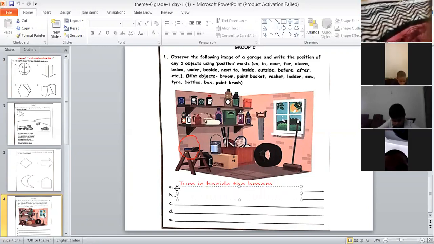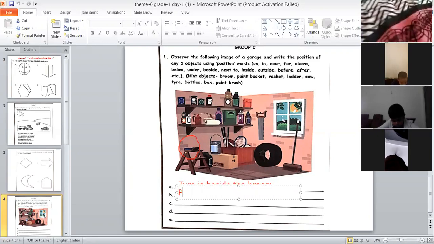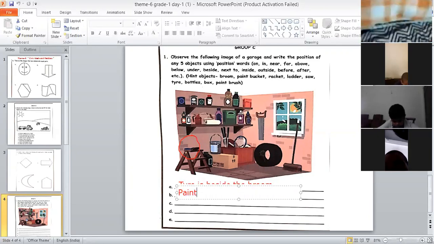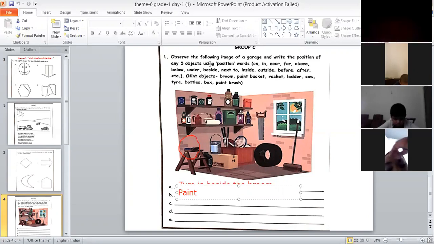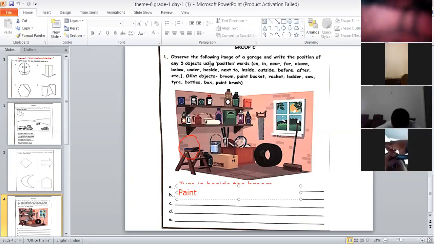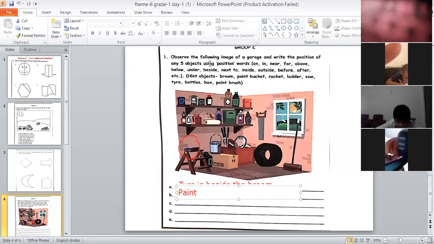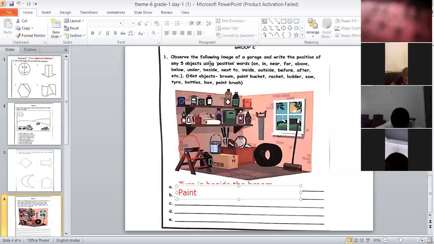Sudhamsh, come on, speak up. Paintbrush. Say the complete sentence. On the bench. You are not saying the complete sentence. Try to say the complete sentence. Paintbrush. Speak up. Paintbrush is